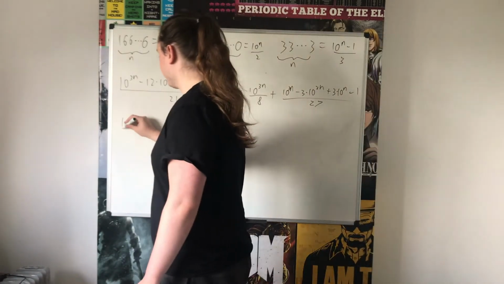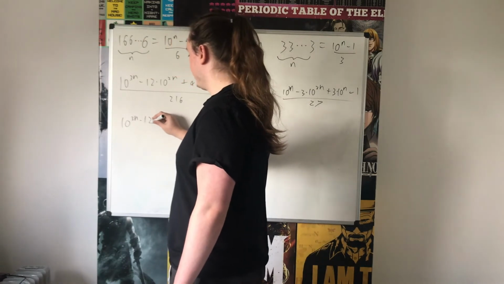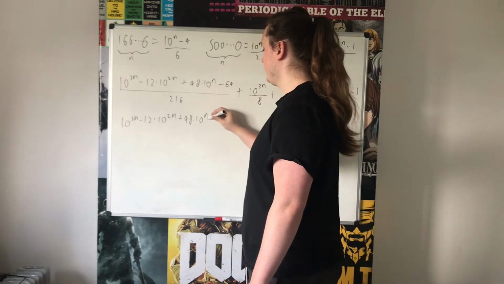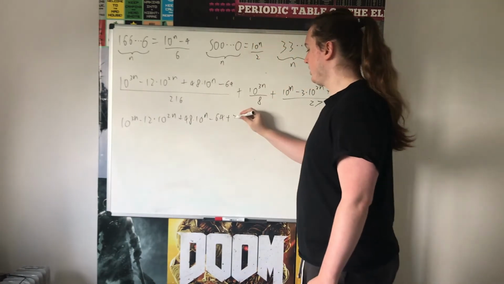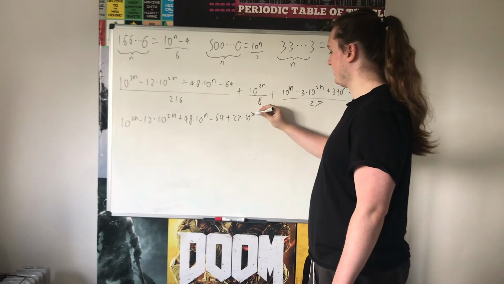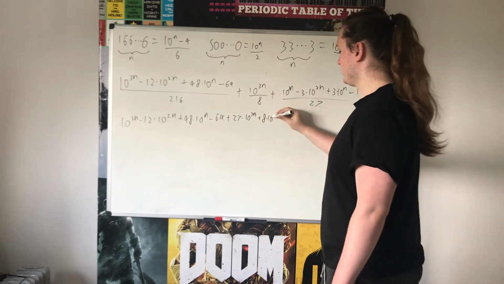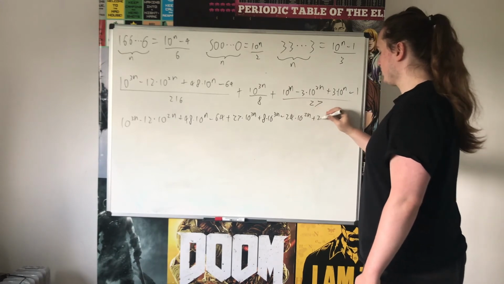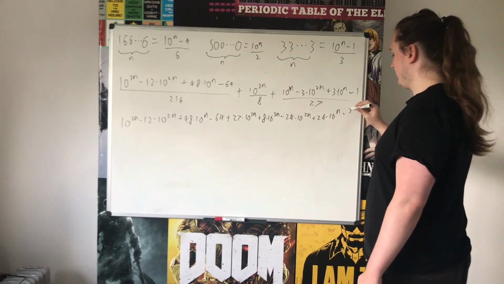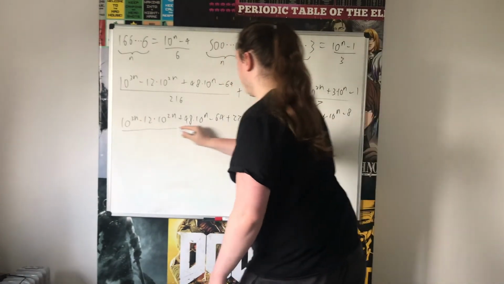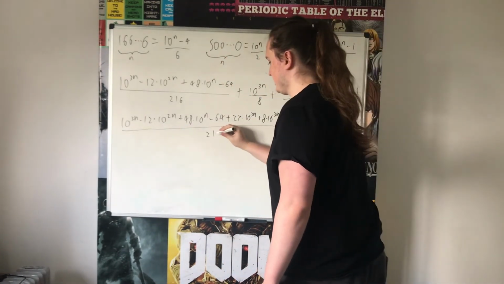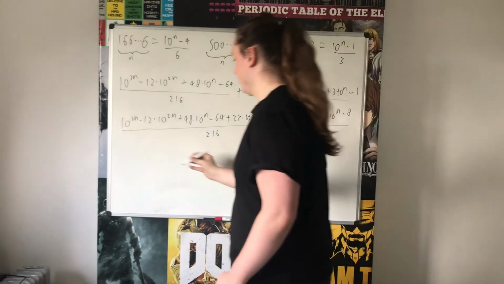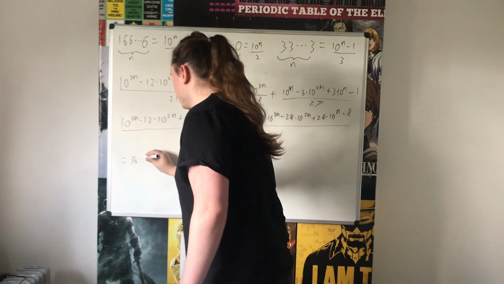So this will become 10^(3n) - 12 times 10^(2n) + 48 times 10^n - 64 + 27 times 10^(3n) + 8 times 10^(3n) - 24 times 10^(2n) + 24 times 10^n - 8, and this whole thing is over 216. Now we're just going to collect all the powers of 10, which gives us 36 times 10^(3n)